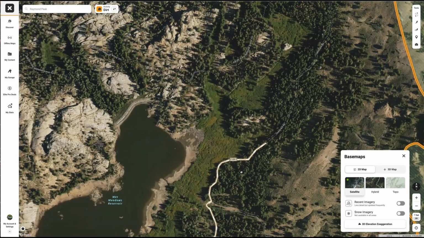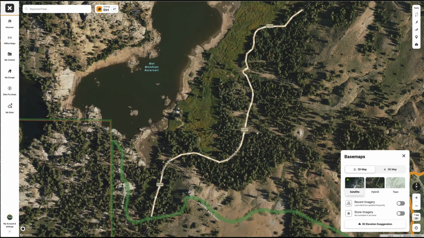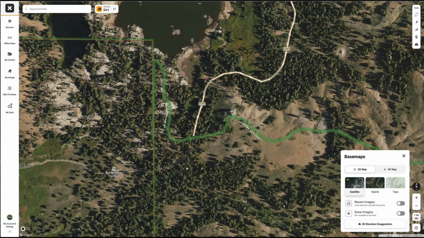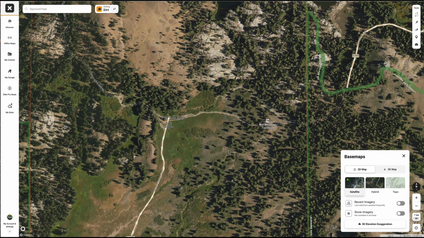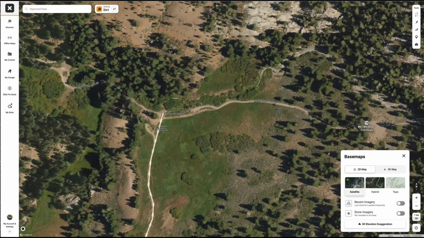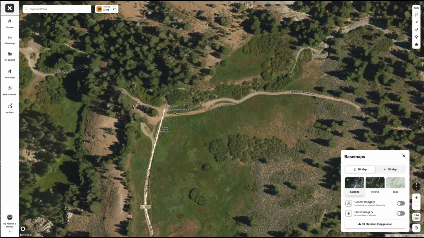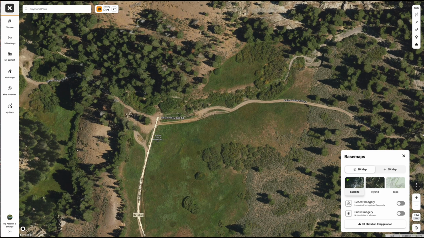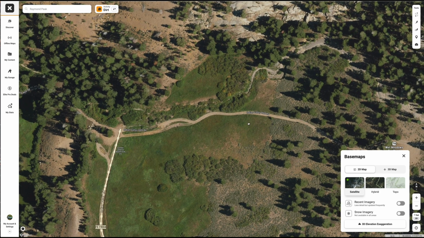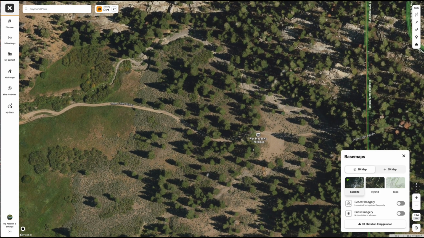So let's go back to 2D here and take a close look at this from up above. And as we look at the surrounding area, I can see off along this road, it looks like there's some creek crossings, probably a place that's not going to be super accessible for all kinds of vehicles. And it depends, right? Dry season, wet season, you never know what you're going to find,